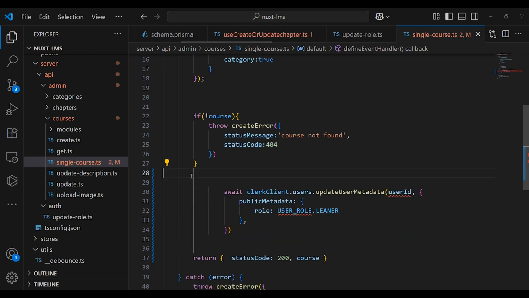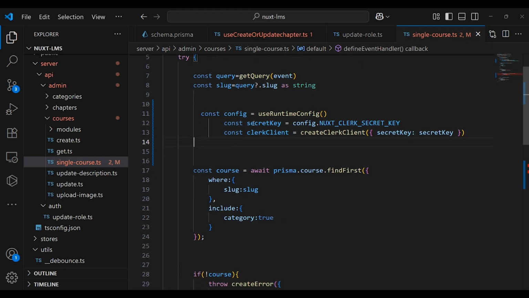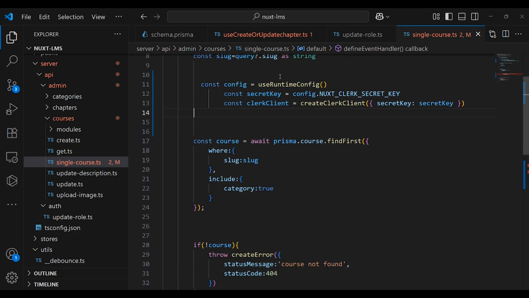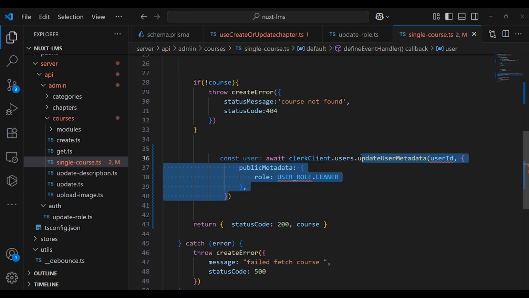I'm gonna copy that, and I'm passing that at the top, and here we use the useRuntimeConfig to get access to the Clerk secret key, and we pass it to the createClerkClient. And then in here we are going to pass const user is equal to this, and we're gonna pass here clerkClient.users, and here we are going to pass that